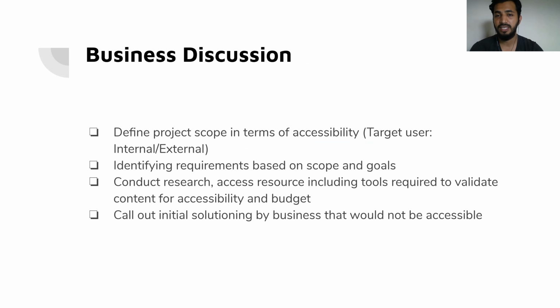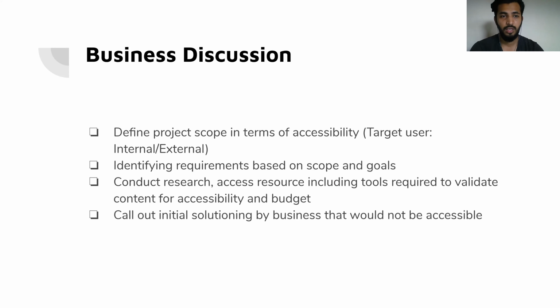Now, why should accessibility be a part of the discussion? I'll use an example. If the business is trying to put out multimedia content, we understand that in order to make that multimedia content accessible, we should meet certain criteria. For example, closed captioning, audio descriptions, and the media player has to be accessible. Now, closed captioning is a technology that has to be acquired if the company or the product team doesn't already have it. So that's a discussion that needs to happen because this will determine the scope and the budgeting of